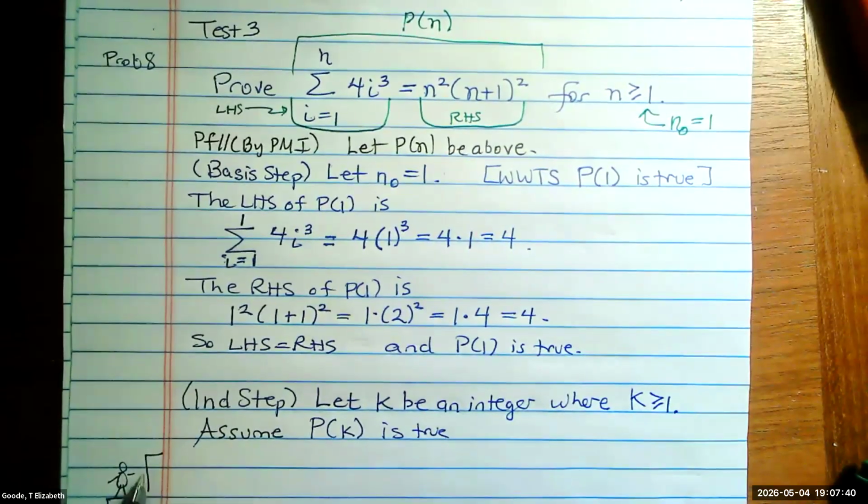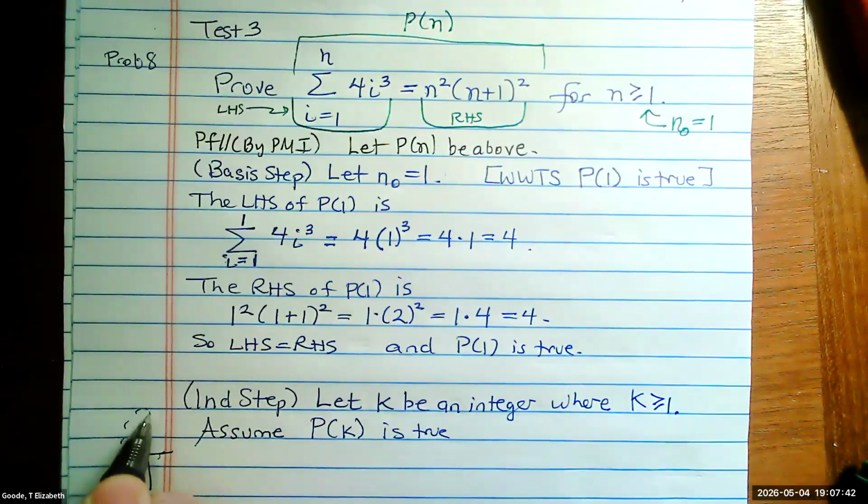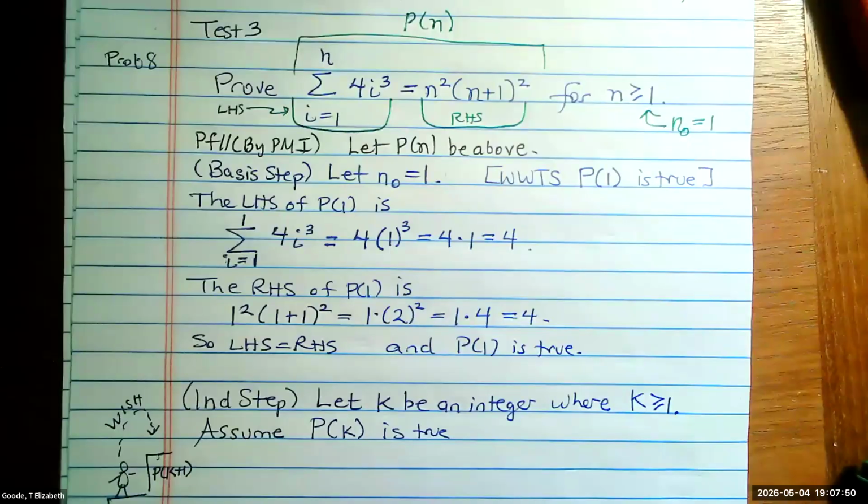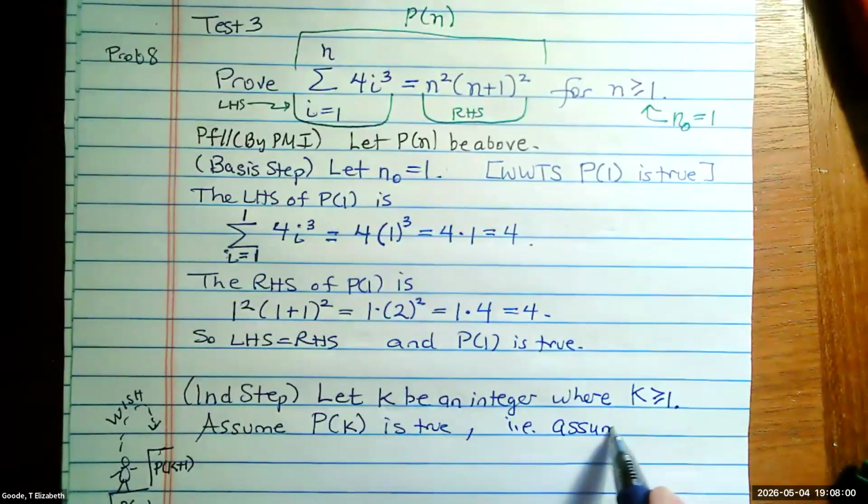And what we want to show, our wish, is that we can step up and get P of k plus 1 true. But let's write P of k down explicitly